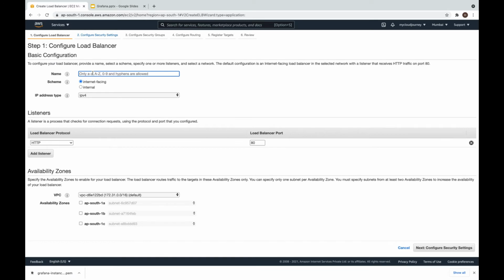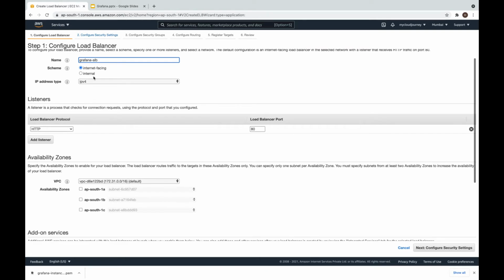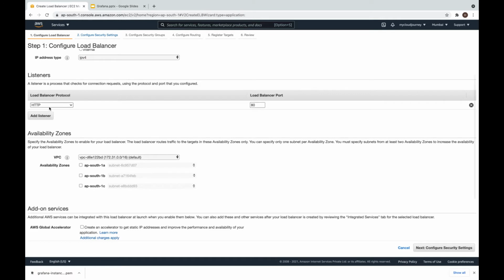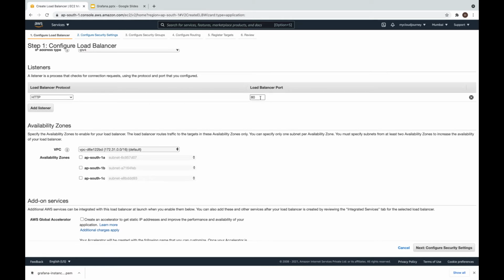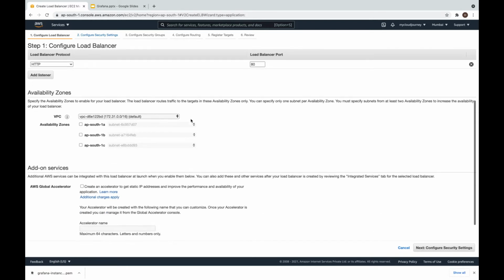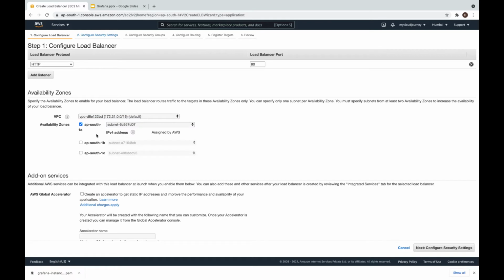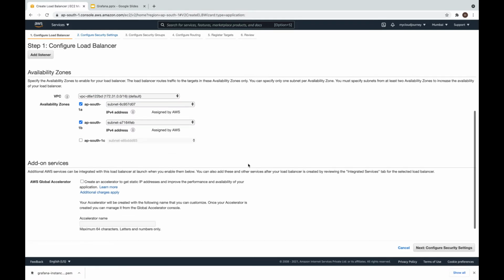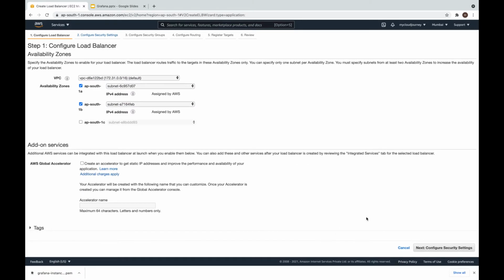I will give it a name Grafana ALB, scheme internet facing because I will access it from the internet. Listener is port 80, HTTP port is by default 80, and will deploy in default VPC. I will go with AZ1A, 1B, and then leave all other options default.